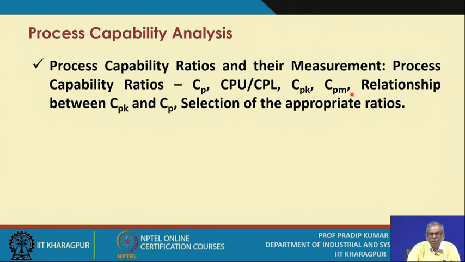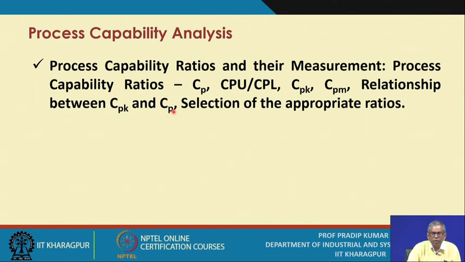If you go through the literature, the textbooks on quality related to process capability analysis, the researchers and the practitioners have recommended all these ratios for measuring process capability under different conditions. So, we will be explaining those conditions thoroughly, and we will also explore the relationship between Cpk and Cp. Essentially,